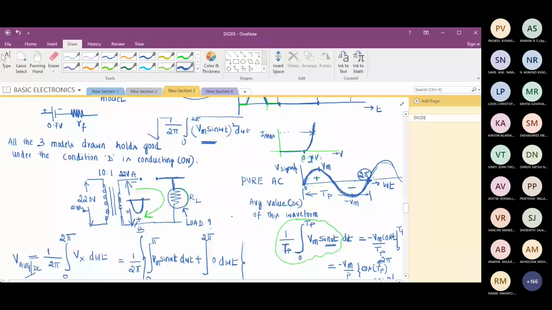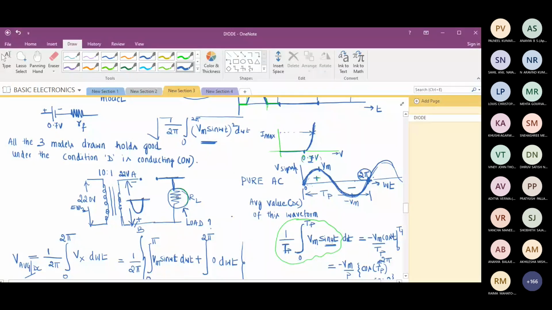Okay. Now please concentrate and listen. Will current flow in this circuit? No, sir. Why is current not going to flow? Even if it tries to flow, since the diode is open circuited, there is no path for the current to flow. So you find the current in this circuit is zero because there is no path for the current to flow. Are you getting this? Yes, sir. So that means, do we get any voltage drop across the resistance RL? No, there is no drop across this.